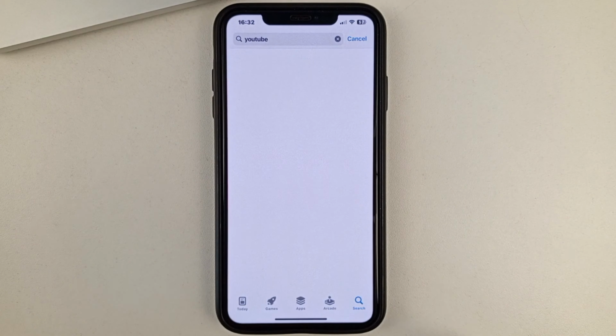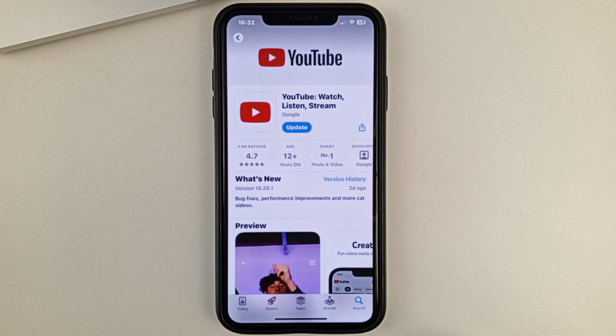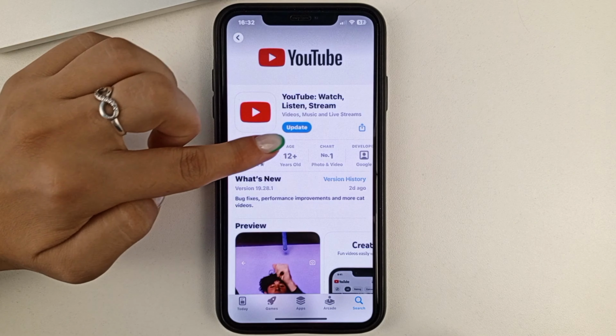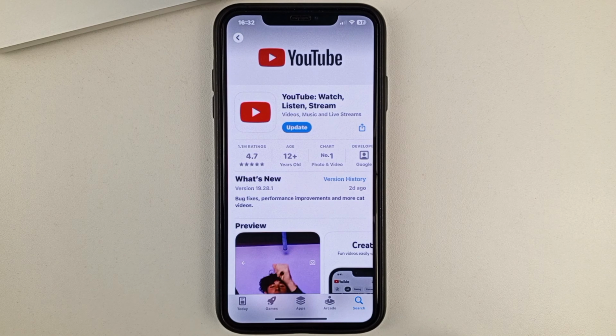Next, friends, when you find it, please open this application. And here under the title, you will have the word install. Click on it. If you have some PIN code on your phone, or you will need to enter the code from your Apple ID, enter that code or password. And the app will be installed on your phone.